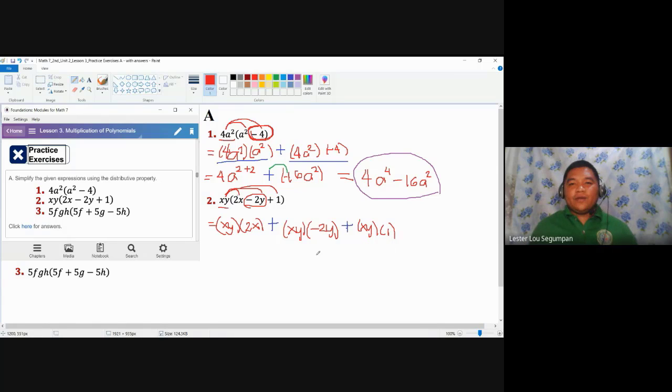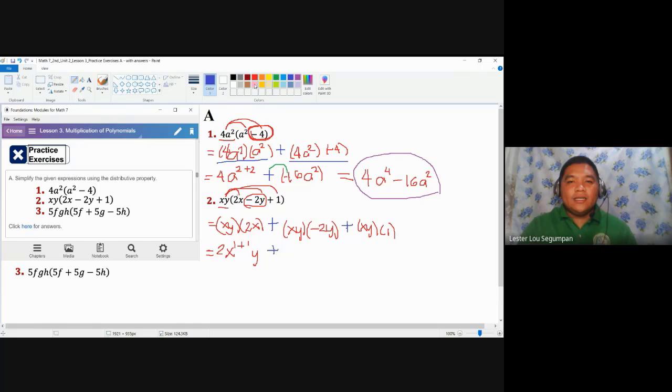These are now the 3 different pairs that you need to simplify separately. Do not combine them first with the other groups. Combine each pair before deciding if there are terms that are supposed to be combined because they are like. So let's start here. The numerical coefficient of this is 1. So 1 times 2 is still 2. And then x has a partner. So x, exponent here is 1 plus exponent here is also 1. Since y doesn't have any partner, it stays y. That's it for the first pair.